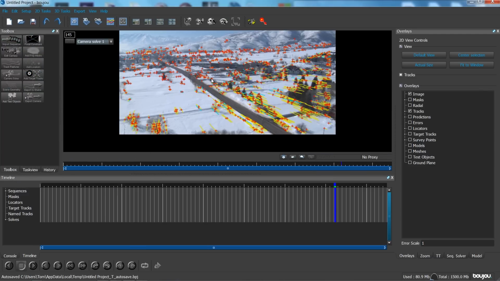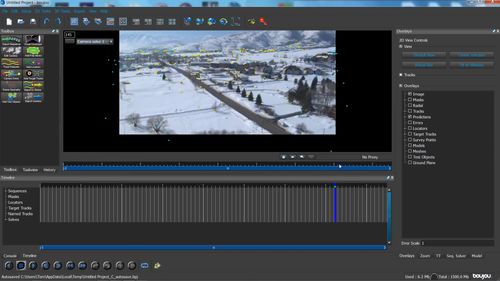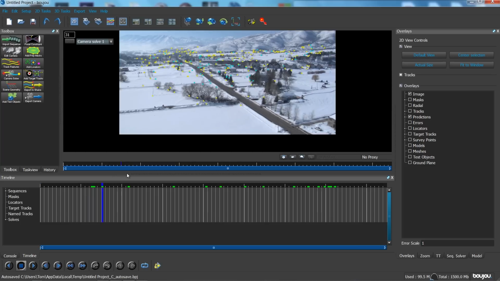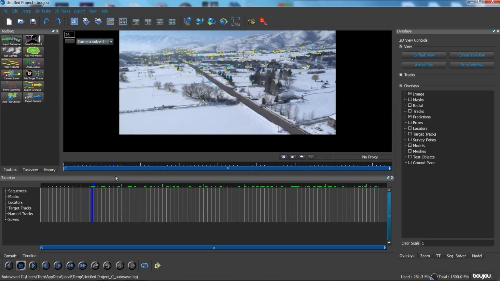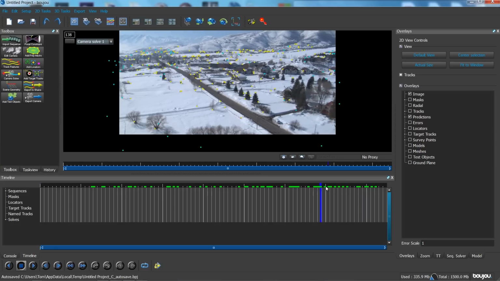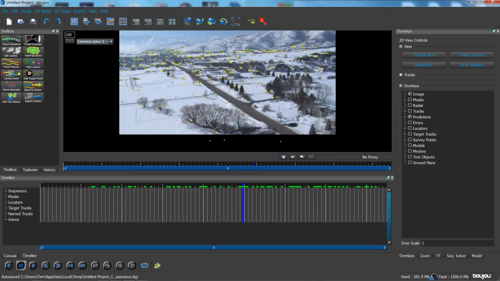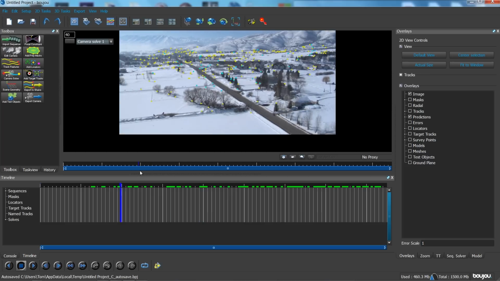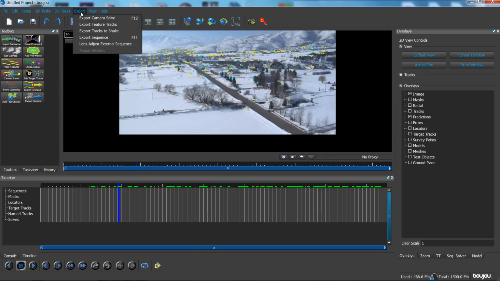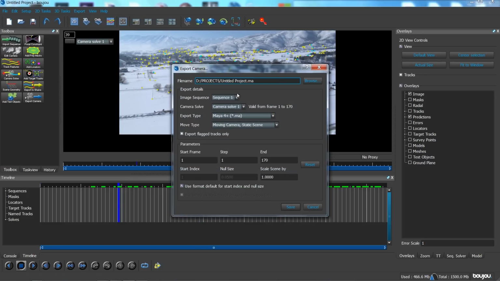Now you can also do the 3D camera move tracking in After Effects right now, but I've been using Boujou for such a long time that this is how I prefer it to work. But anyways, as you can see here, we have these points moving in 3D space, and they're perfectly matching our shot. So now all I have to do is go export, export camera solve,